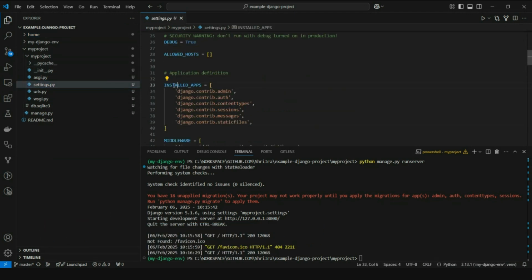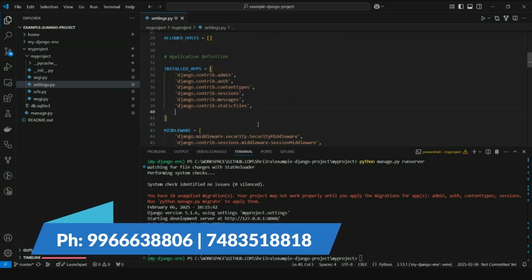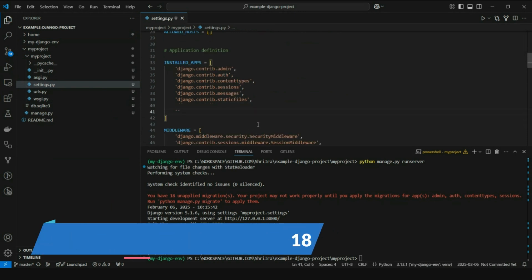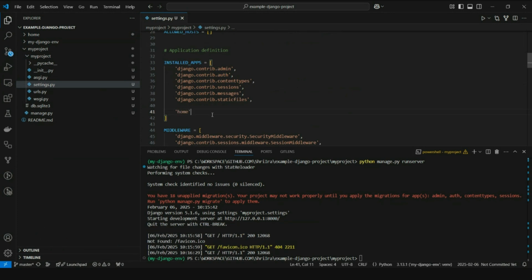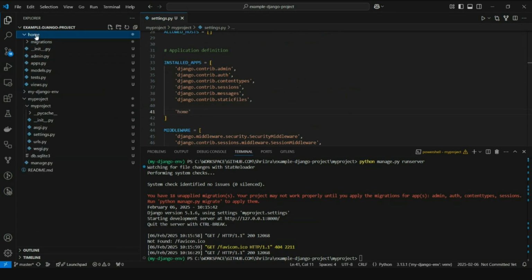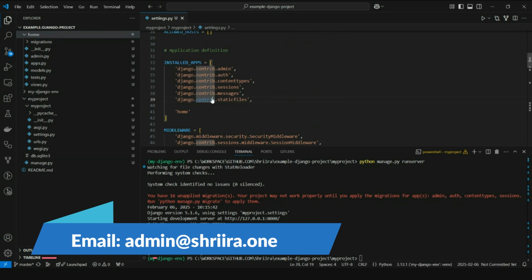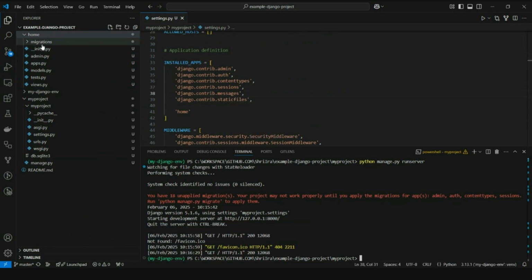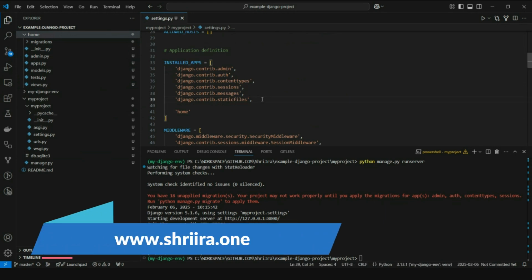So we have installed apps here, and we need to add the new applications that we create into this installed apps, so that we will have routes configured, and this also will be part of the application overall. When we run the server, it will include these applications also into the server. So I've added the home